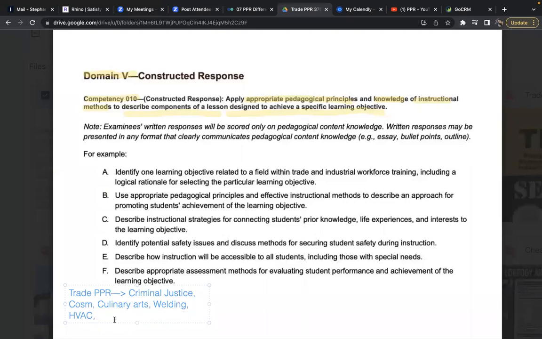They can't question you on this essay on any TEK that is specific to a particular trade or industry. What they can test you on are pedagogical principles, your knowledge of them, your application of instructional methods in order to enhance the effectiveness of your lessons, and the TEKS that they do ask you this question,